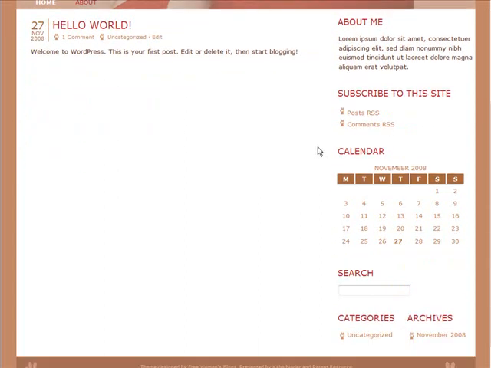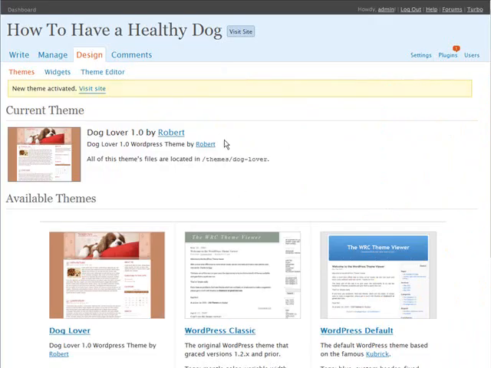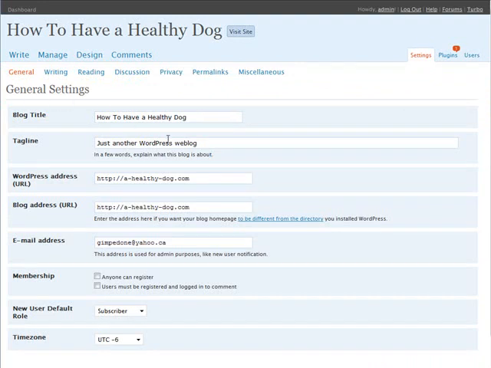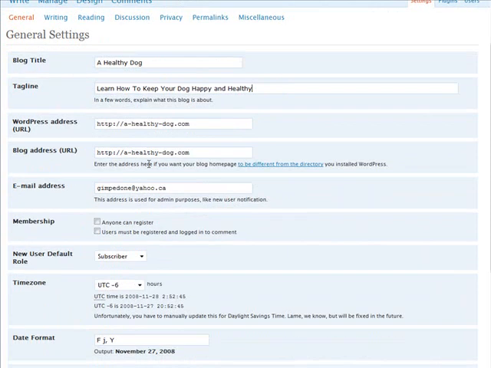Okay, so let's go back to the admin area. Click the back button here. Now let's go back to settings. And right here where it says just another WordPress weblog, this is what's called our tagline. And we're going to want to change that to make sense for our new site and also to have some keywords in it. So I think what I'll do is I'll change this to a healthy dog,